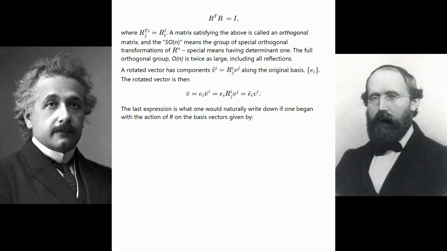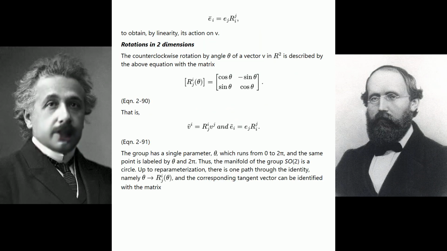A rotated vector has components v-bar^i equals R_j^i v^j along the original basis, the set e_i. The rotated vector is then given by the next equation. The last expression is what one would naturally write down if one began with the action of R on the basis vectors, given by the equation shown,